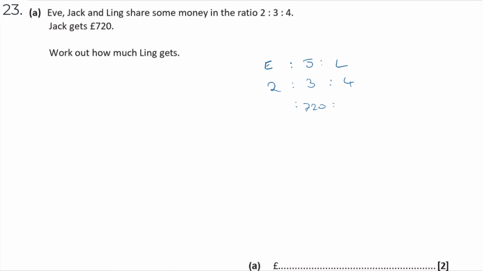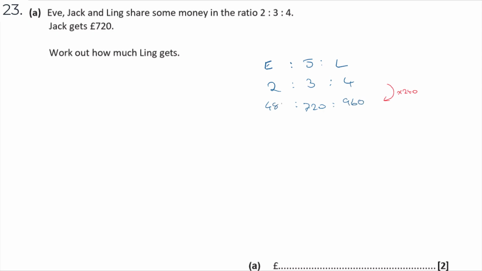Okay, so if you have a think about what you need to multiply 3 by to get 720, that's just 720 divided by 3, which is 240. I'd have to multiply that by 240 to change 3 into 720. Now if I do that to Jack, I have to do that to Ling and Eve as well. So 4 times 240 is 960, and just for completion,